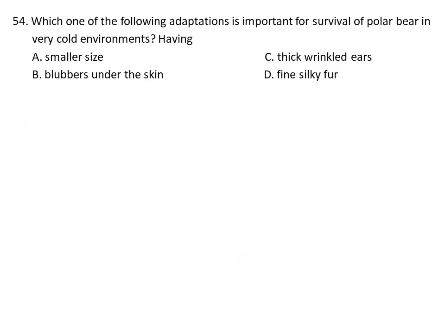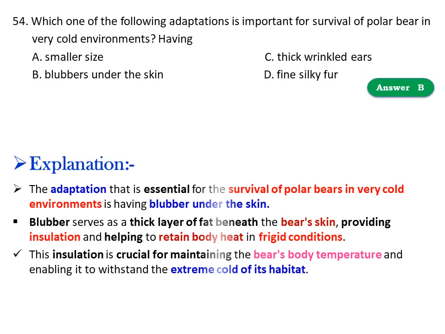Question number 54. Which of the following adaptations is important for the survival of a polar bear in a very cold environment? So the answer will be B, blubber under the skin. The adaptation that is essential for the survival of polar bears in a very cold environment is having